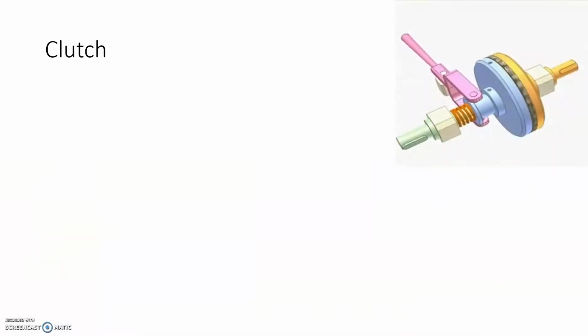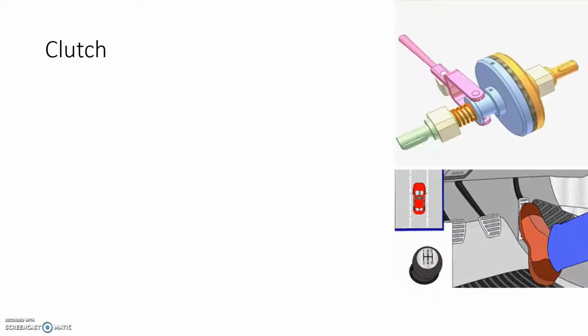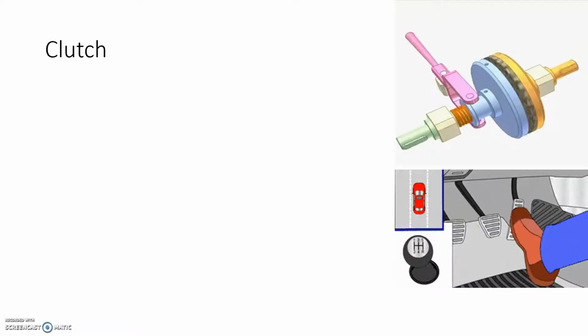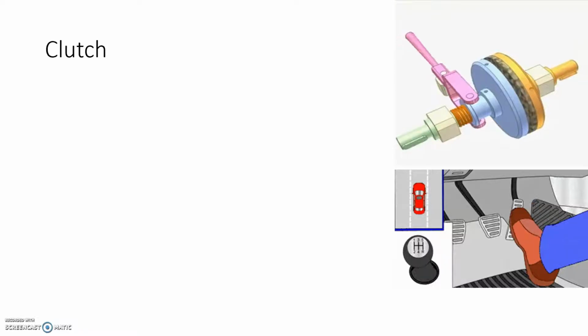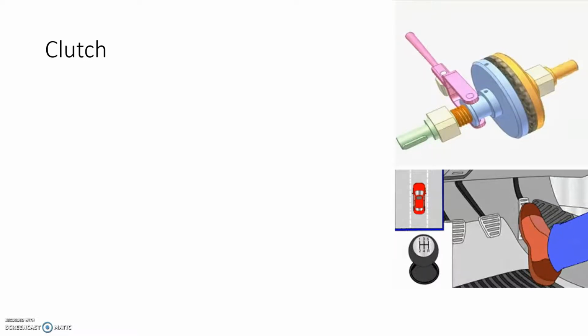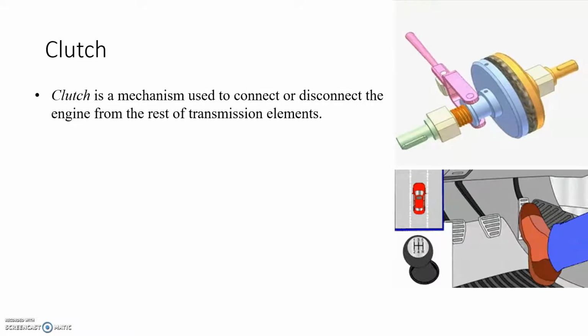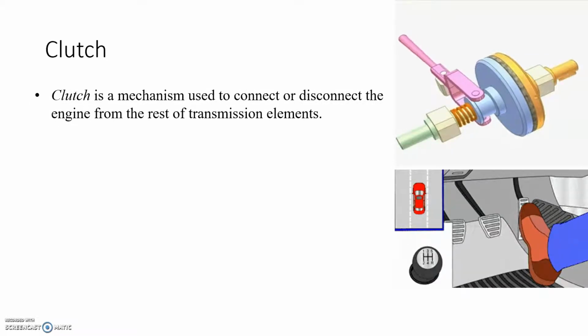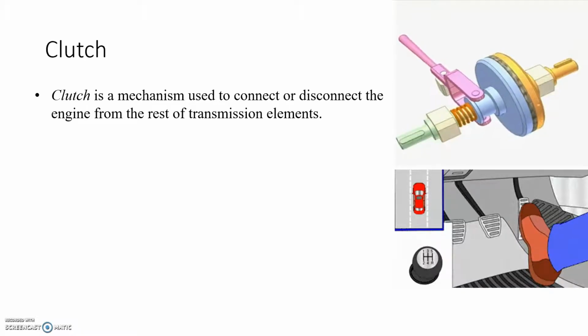Next one we have a clutch. As we have already seen, what is a clutch? As you know, we have a clutch pedal. It can be pushed downward or released, and according to the movement of the clutch pedal, we connect and disconnect the two shafts. So basically the clutch is a mechanism which transmits the rotary motion from a driving shaft to a driven shaft when required, without stopping the